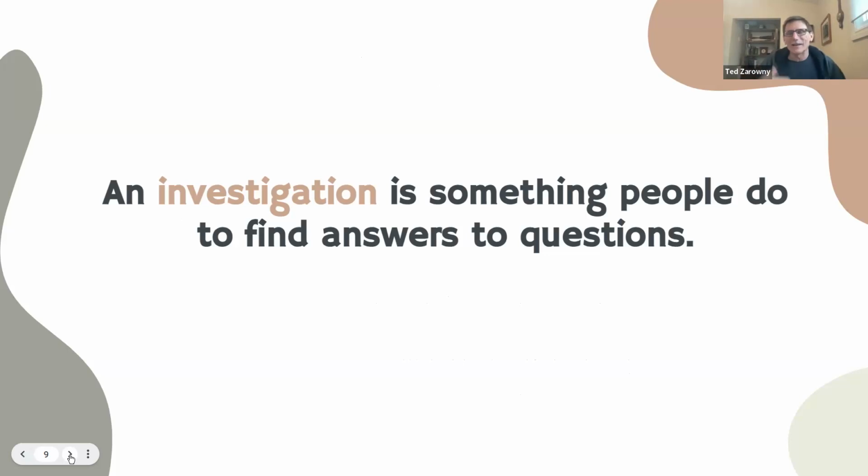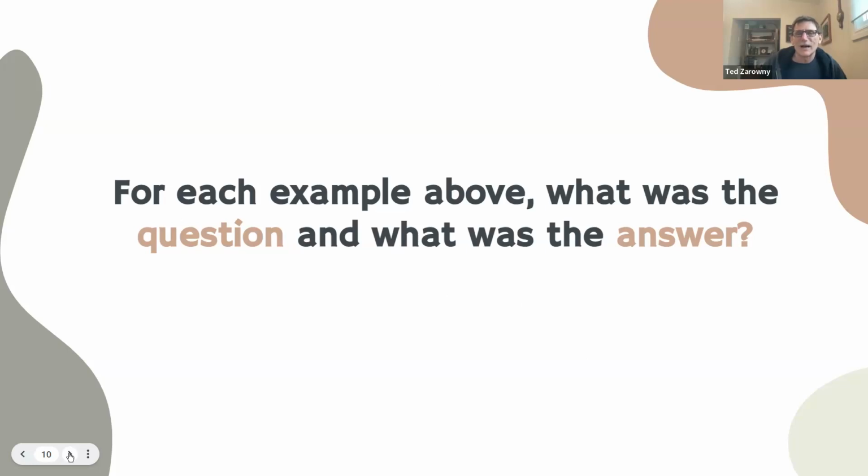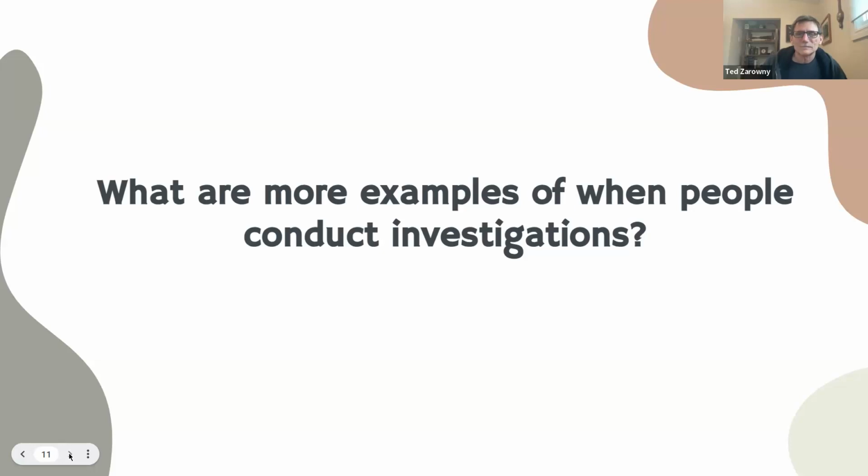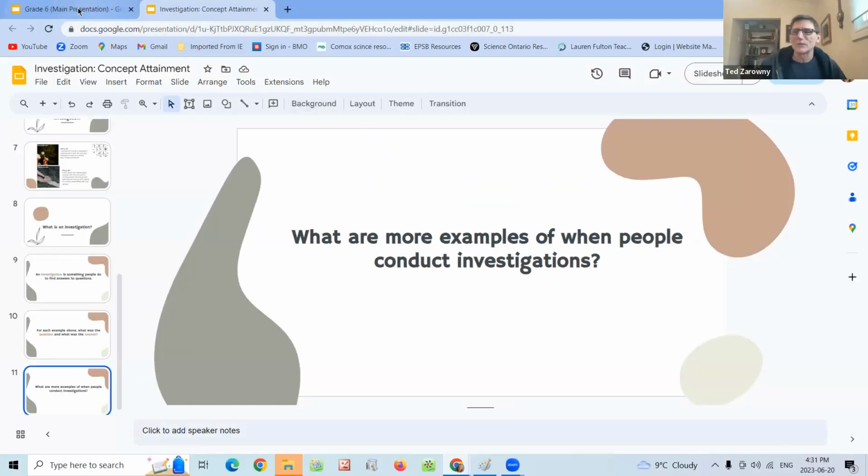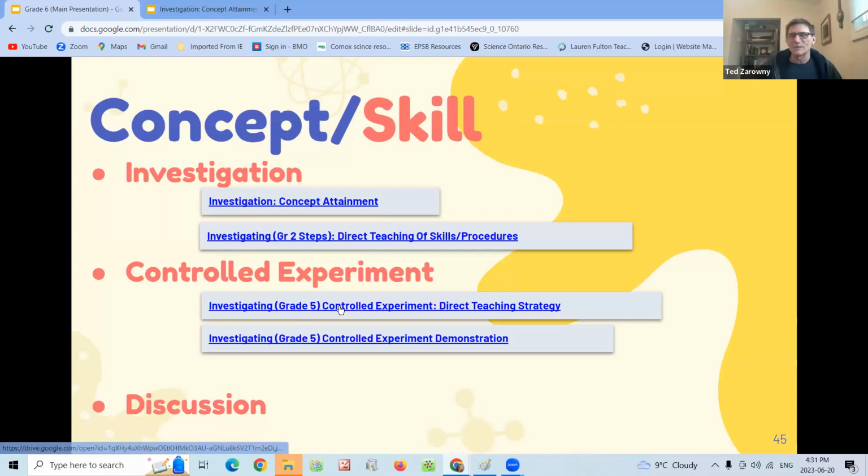Once you get far along and give enough examples and non-examples, then you provide a definition. A simple definition is: an investigation is what people do to find answers to questions. And then there are some more activities to explore and have students come up with examples and non-examples of what investigations are. And that's how a concept attainment lesson works. They're all a little bit different, but they simply go through examples and non-examples. Students look at the similarities through the examples to develop that concept, because that's really what concepts are, right? Categories that we have a lot of examples filling in.